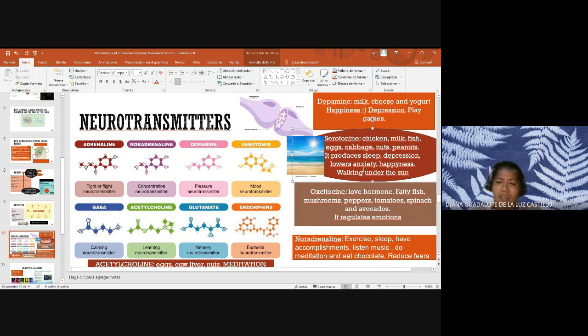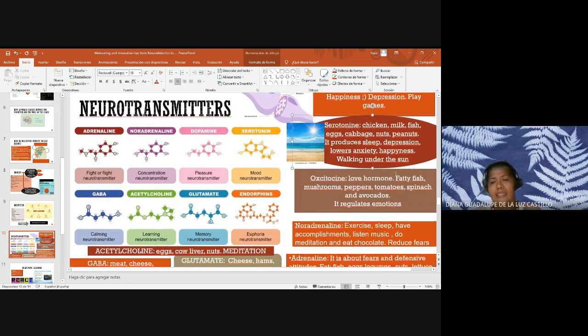Oxytocin is also another neurotransmitter that is called the love hormone. We find it in fish, mushroom, peppers, tomatoes, and spinach. This neurotransmitter regulates emotions. So imagine if there's a lack of oxytocin in our body. Noradrenaline